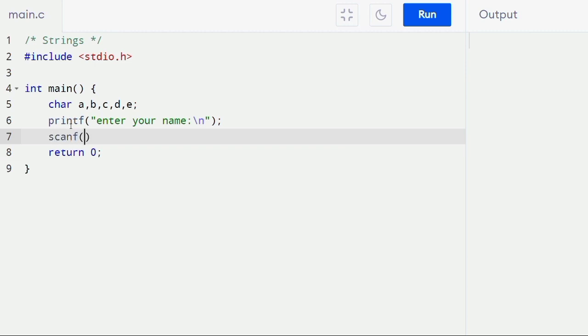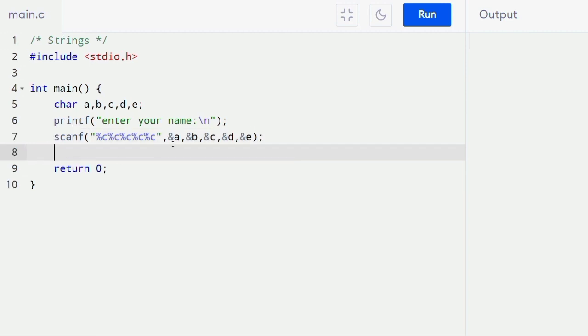I am scanning the entered character values into these variables using %c. I am scanning the values into these characters from the user like this. Now I want to print your name, again using the same thing. This is a simple program. Now if I run the program,